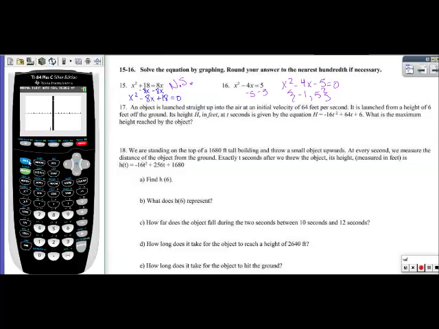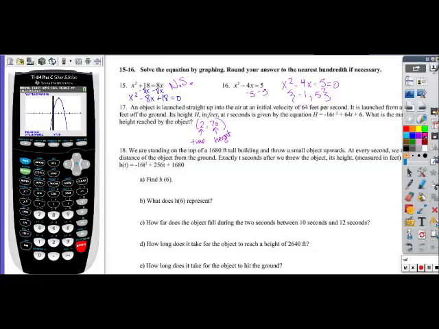So that's going to be pressing second trace. Now I can finally see it. So we press second trace and number 4 for maximum, and I'm going to go up to that maximum point as close as I can get, and then set my left boundary. So left 2 or 3, press enter, right 2 or 3. Remember, those are just little estimates. Press enter, enter. So the actual vertex is (2, 70), but remember, the 2 stands for the time that it's at its highest point. So the answer to this question would actually be 70